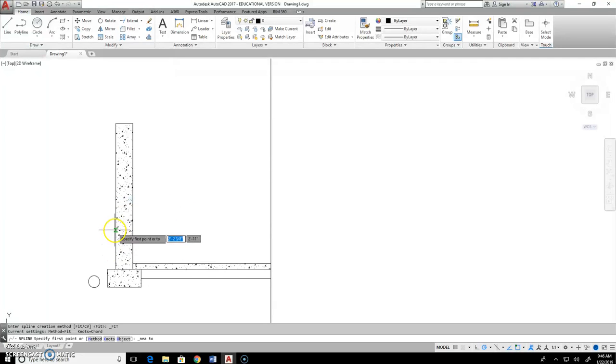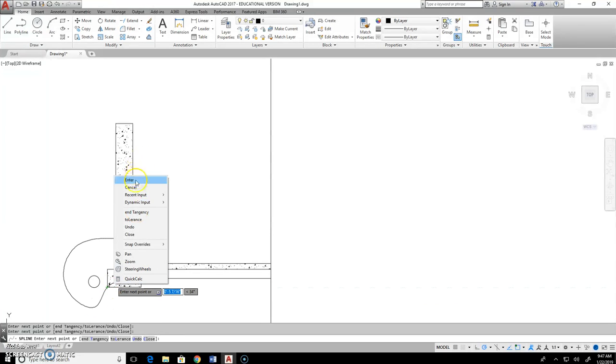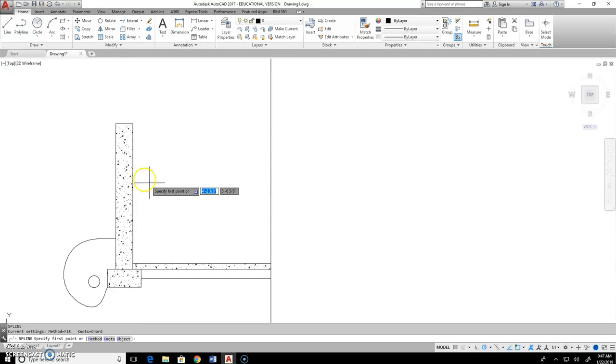Then I'll just go somewhere on that line. I'm going to go about right here. And just kind of draw a spline around it. And we'll go back to this point right there. Right mouse click, enter. Enter again. Hit escape on the keyboard. There's my spline, and I've got my